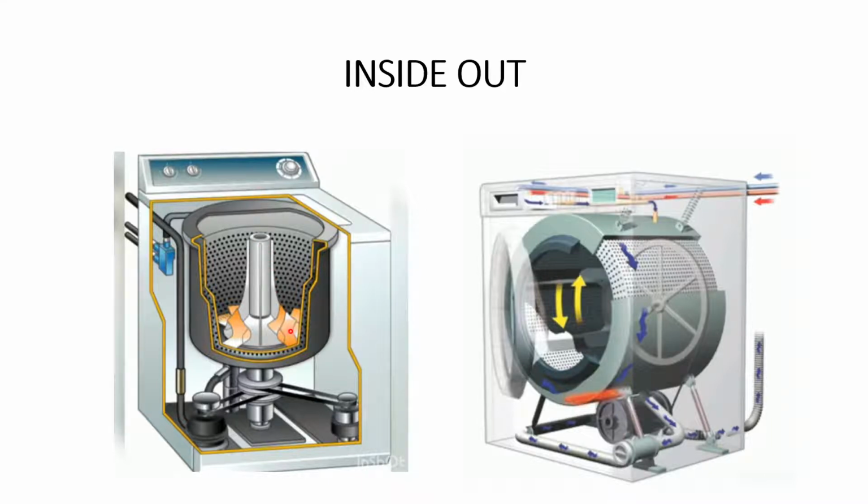But when it comes to front loading machines, as you can see here, there will not be any agitator. So the inner tub is going to continuously rotate in different fashions. The clothes will basically be tumbled and plunged in the water filled in the tub over and over. This is how we achieve washing in front loading machines.